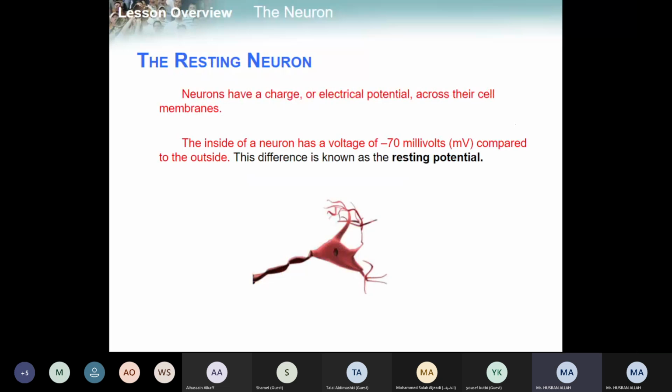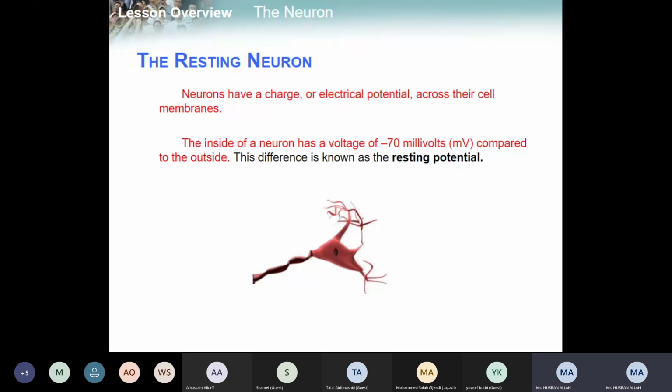Now, nerve impulses are a bit like the flow of electric current through wires. Nerve impulses are actually what? It is like a current or a message, right? Or a signal which is produced in the nervous system. Before studying impulse production, we need to know about the resting of the neuron,